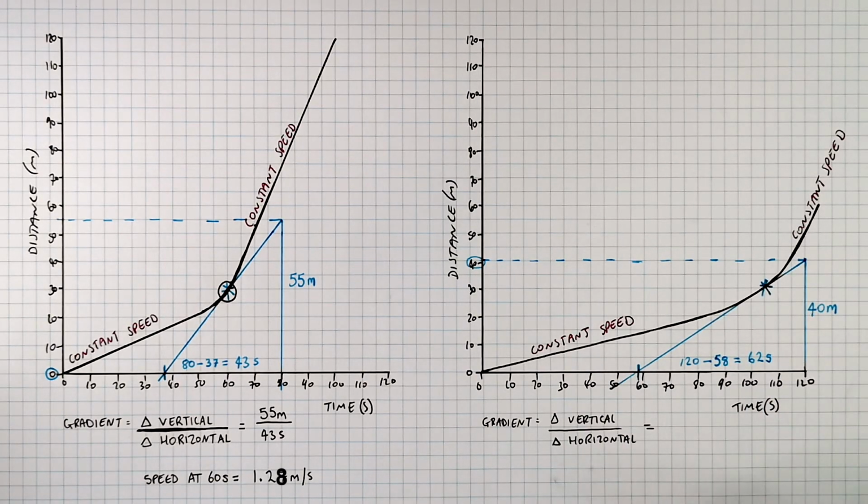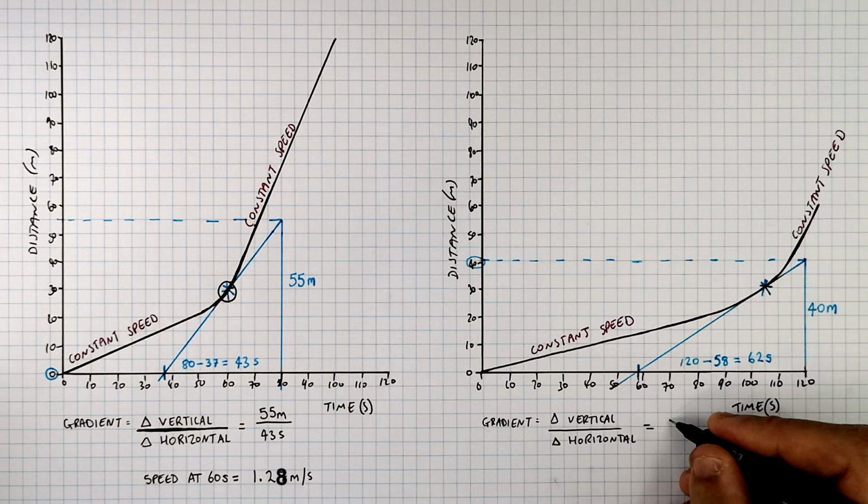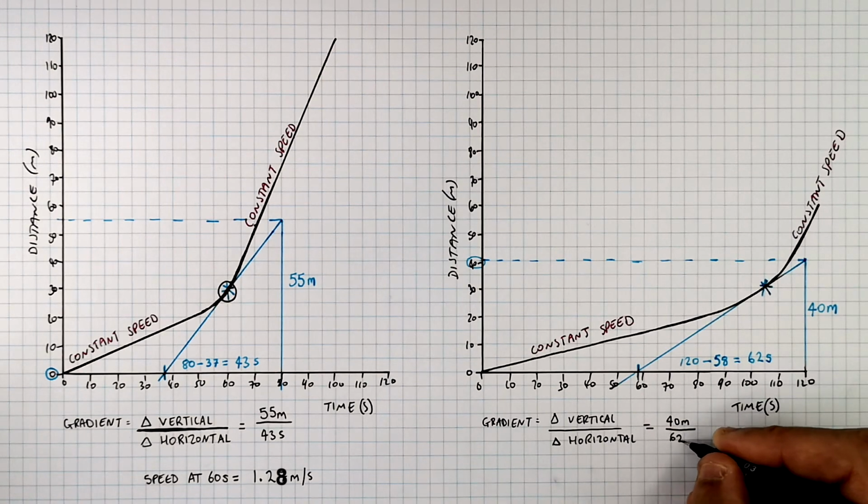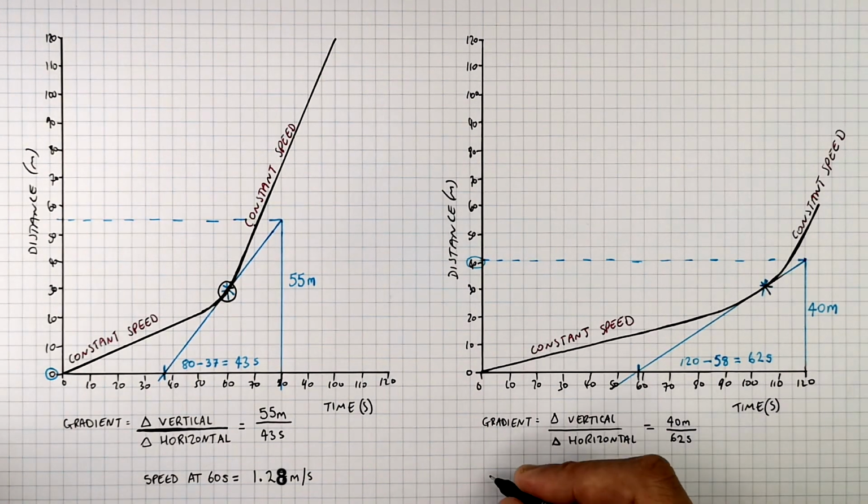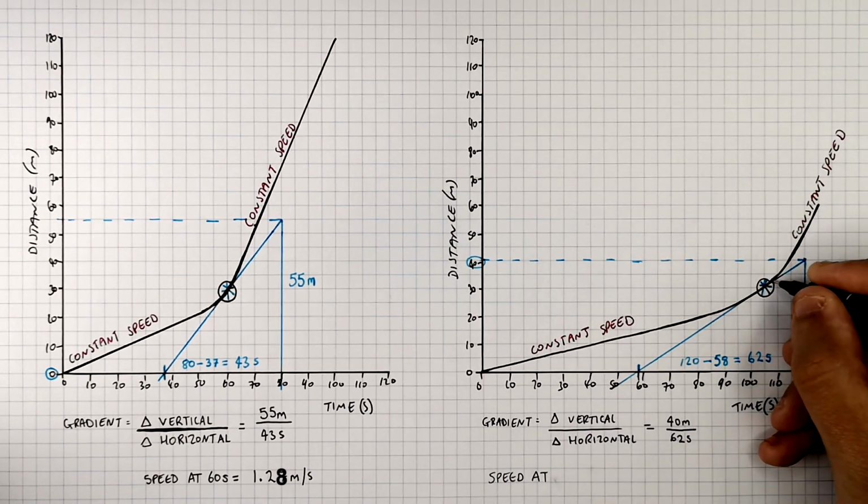So we can calculate the speed while the car is accelerating at 105 seconds is going to be 40 meters divided by 62 seconds. So that'll give you a speed of the car while it's accelerating at 105 seconds of